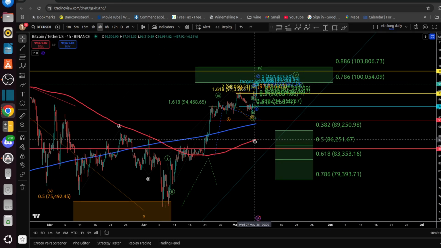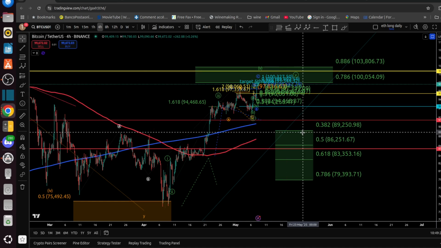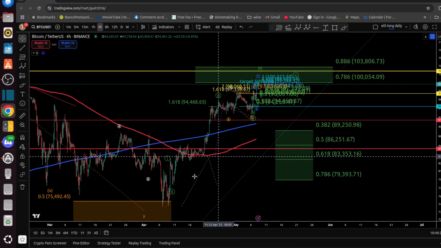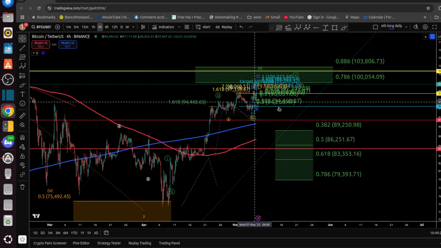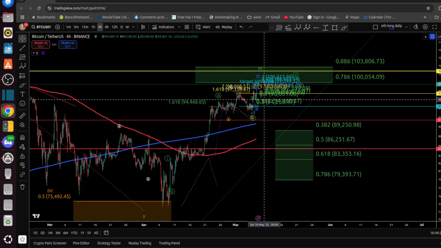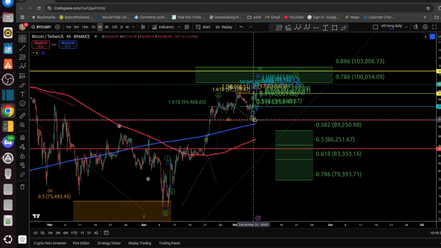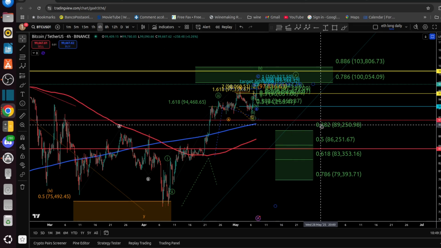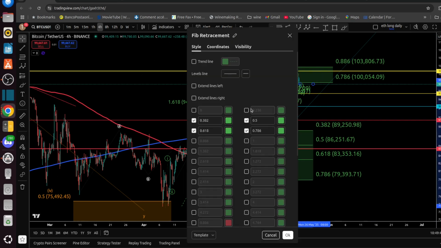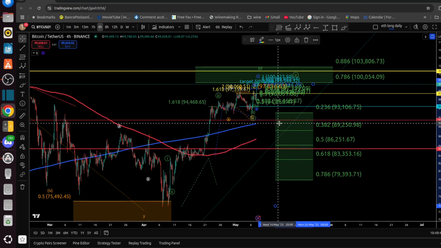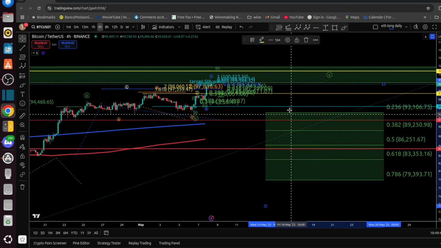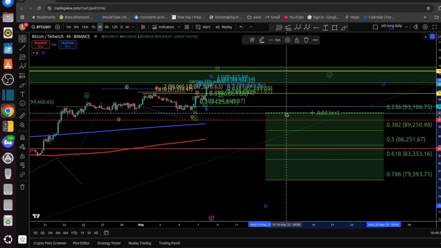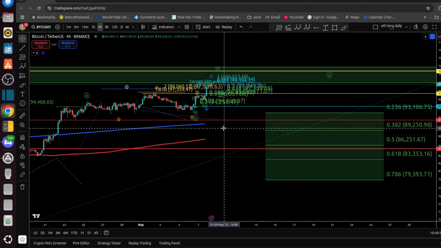The only thing that bothers me a little bit is the time. Wave 2 goes back to the previous wave 4, right? So that would be problematic for me, because that would bring us only to 93,000, and I would be very unsatisfied with even that. That would be kind of a problem for me, because it wouldn't be deep enough.